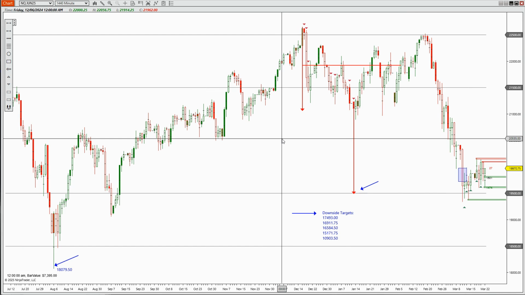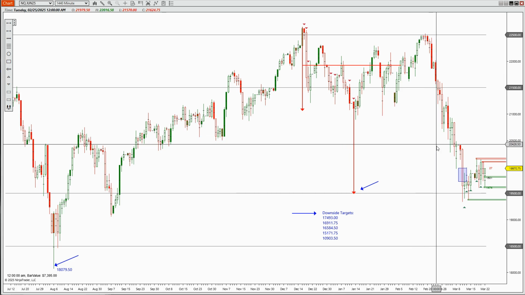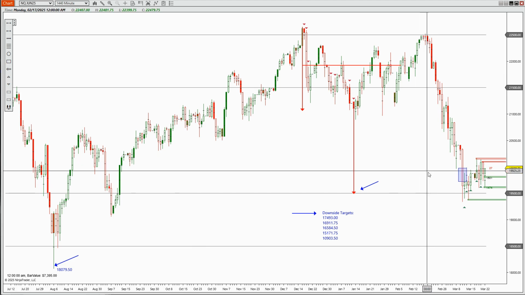Should we be able to get back up there and past that, that would just be fantastic. I want to tell you, it's a good chance that that's not going to happen. A very good chance, and I want to say that here. It's a very good chance that that's not going to happen.